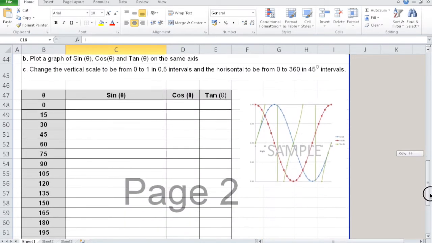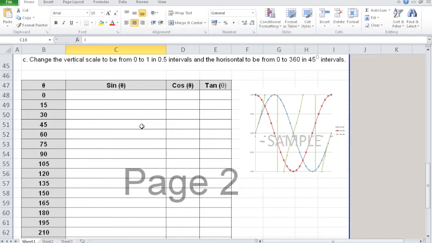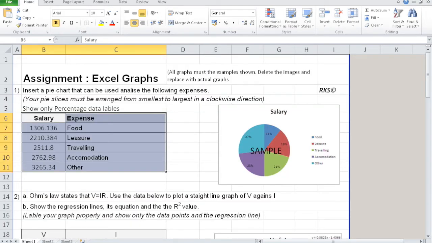Lastly, I'll show you how to do a graph of trig functions. Now I'll make use of simple trig functions that you know, sine, cos, and tan. I believe in showing you the simpler things so that then you can grow the knowledge to more complicated ones. I'm just going to